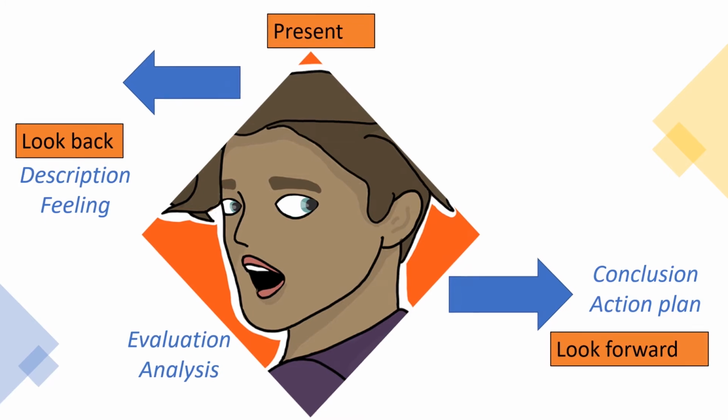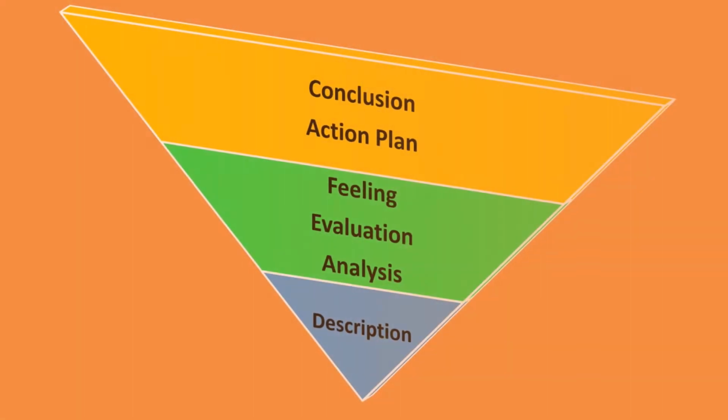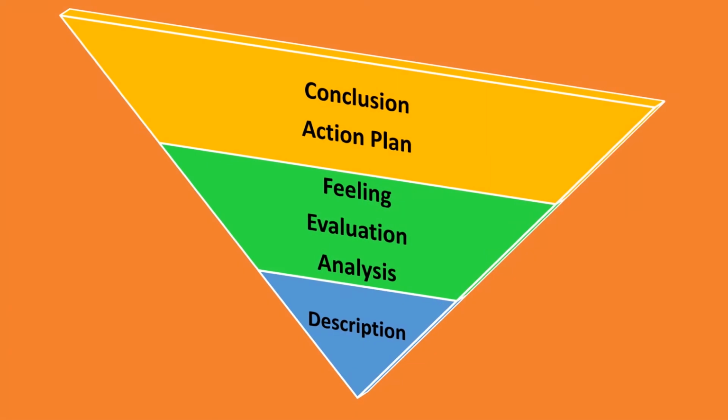This chart illustrates how much space should be allocated to each part of the reflective process. You will notice that in terms of description, very little time should be given to describing what you've read or experienced. Perhaps this is only a couple of sentences. The greater part or bulk of your reflective writing will be on the sections describing your feelings, evaluating and analyzing your experience of the readings or the module or the learning experience. A smaller but nice chunk of your writing will be spent on your conclusion and action plan. So how do you go about writing each of these sections?